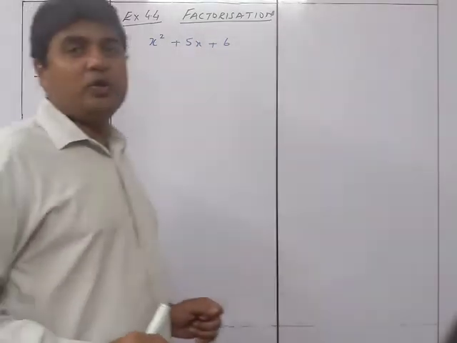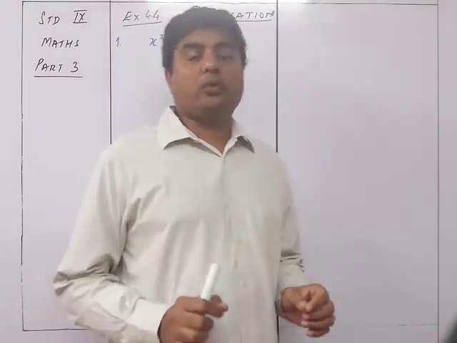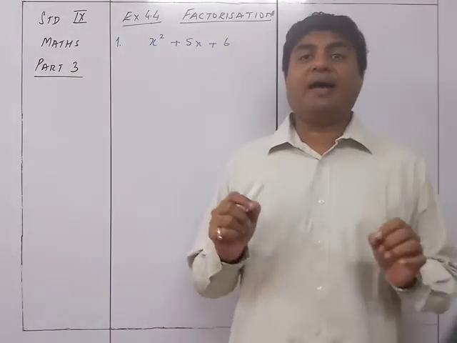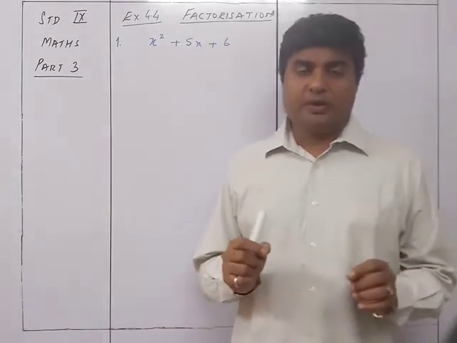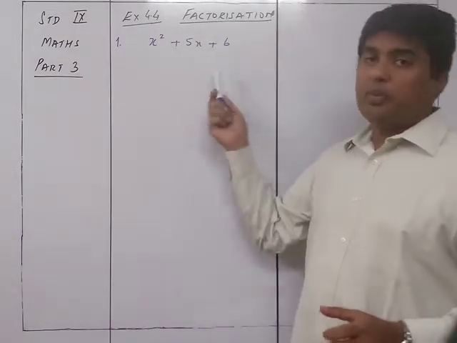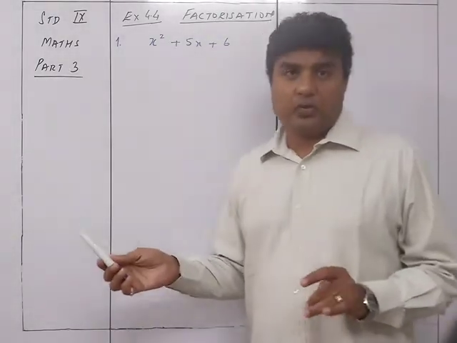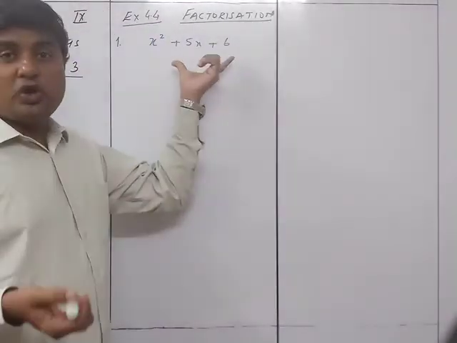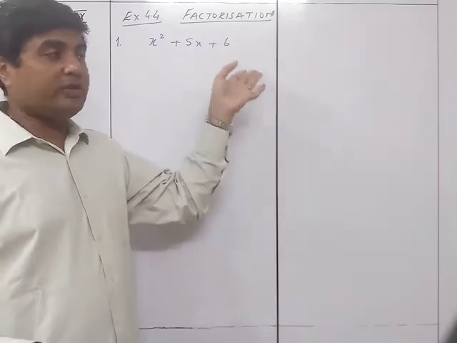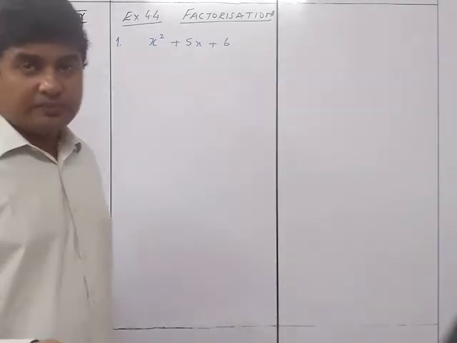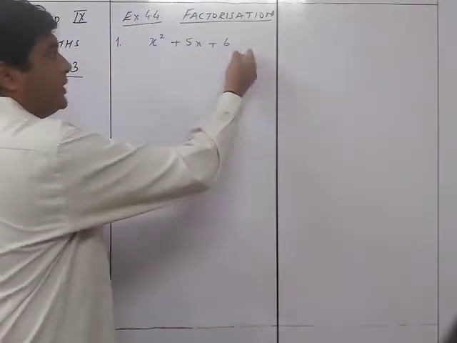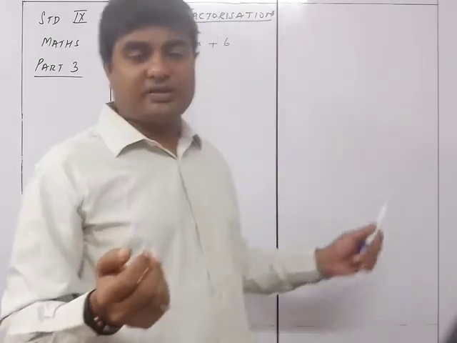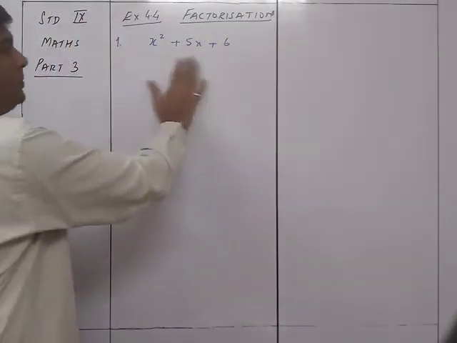The most important thing is that we are not able to factorize this by any of the methods we applied up till now. Up till now we saw that we can take out common, but there is nothing common in all of them. Secondly, we tried to make this a perfect square, but it's not, because 6 is not a perfect square, so there could not be 5x as the middle term. Neither can I add something over here, because 2 into x into 6 wouldn't give 5x. So overall this is going to be something different.